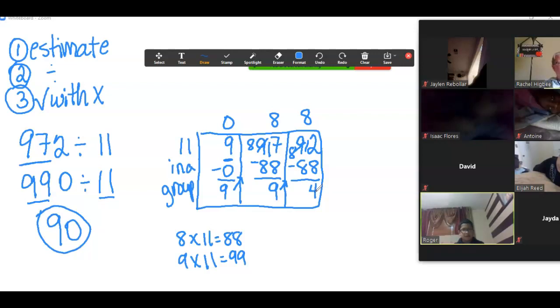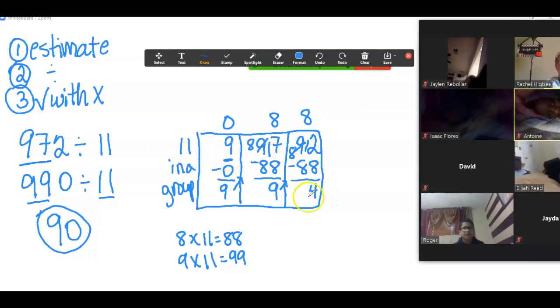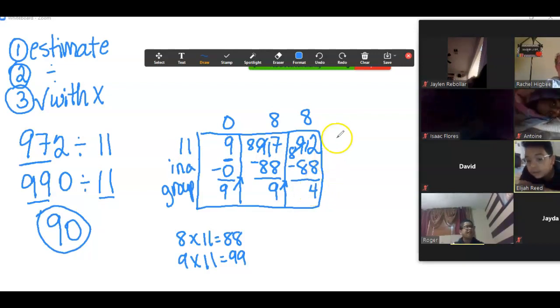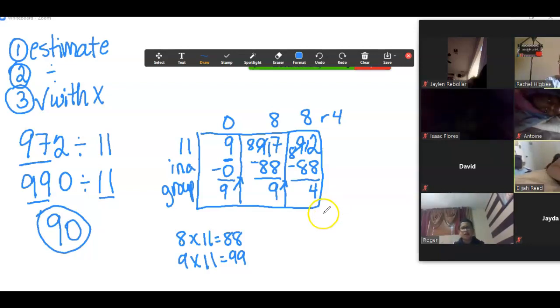Can I make a bag with only 4 Skittles, guys, for this question? No, I need 11, don't I? Okay, so what does that mean this 4 is? That's your remainder. Absolutely. Okay, so then what is the last thing that I need to do? Very good. Okay, so I'm going to take my 88